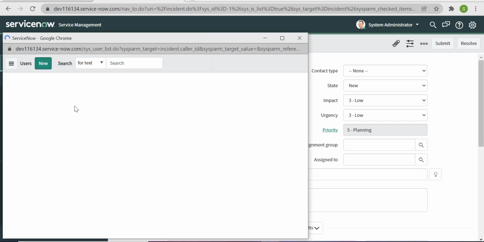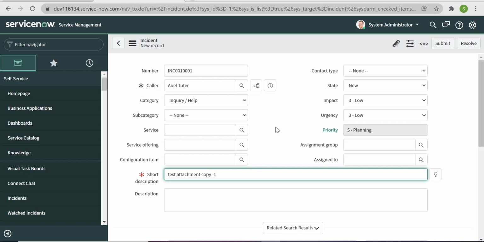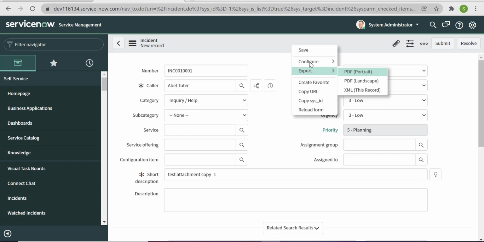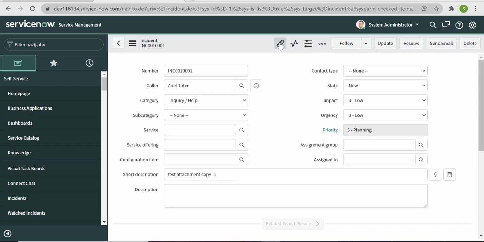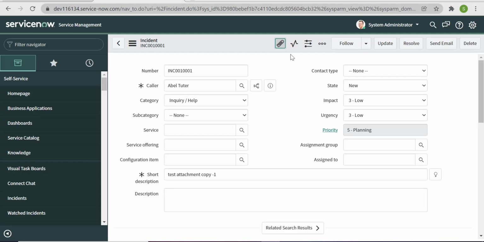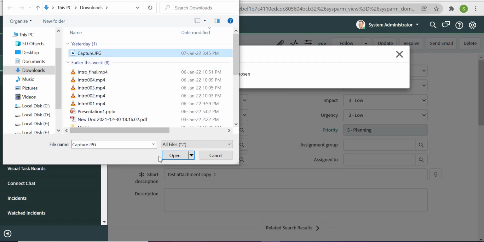Let's say I have caller test, attachment copy -1. Now I'm saving it, and I will attach one file. It can be any kind of file, so I'm attaching one JPG file here.